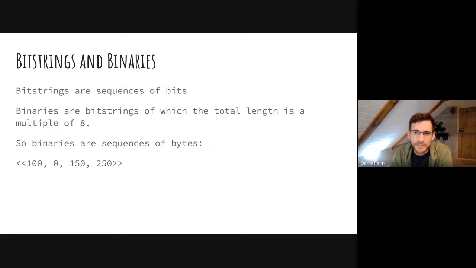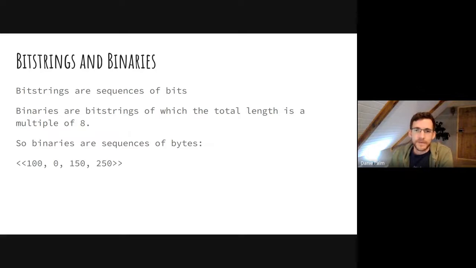A bit string is quite literally just a sequence of bits. So it's bits strung together, and therefore it's a bit string. It can have an arbitrary length. It's zeros and ones, and it doesn't matter how long it is. But a special case is if the length is divisible by 8, and then it's called a binary.